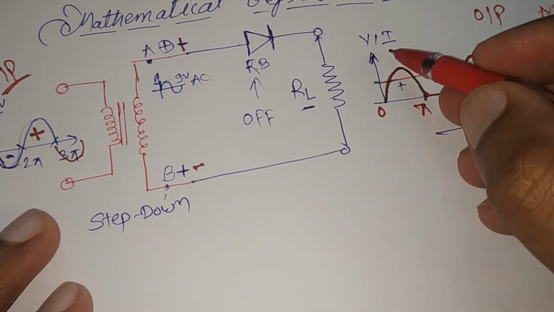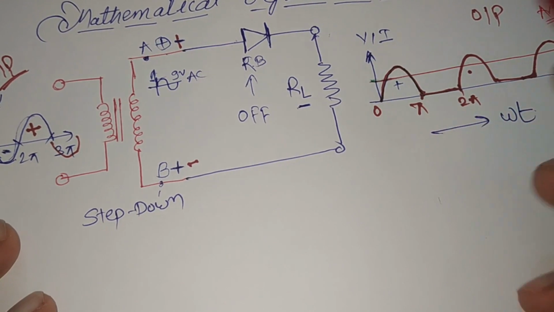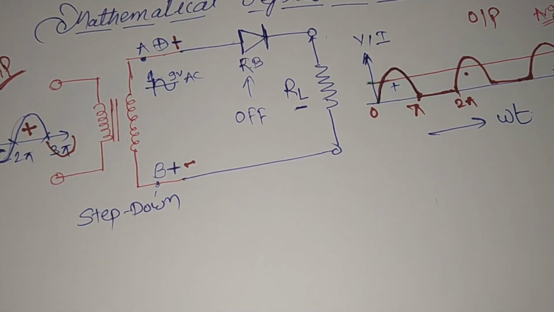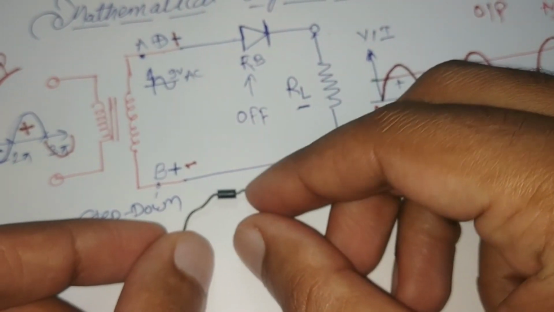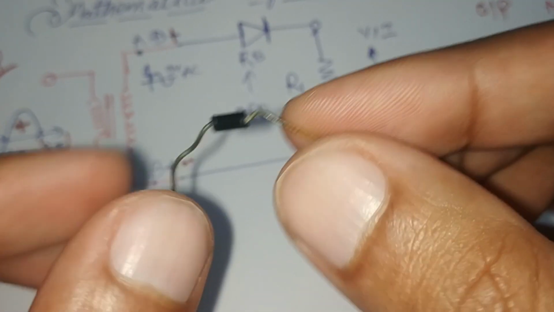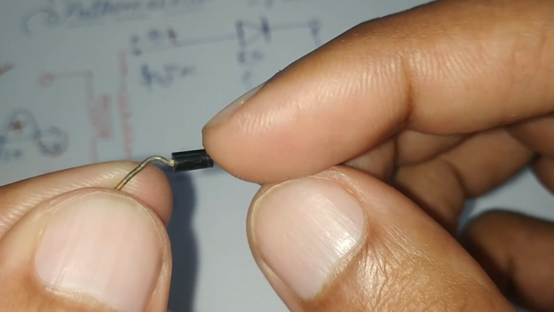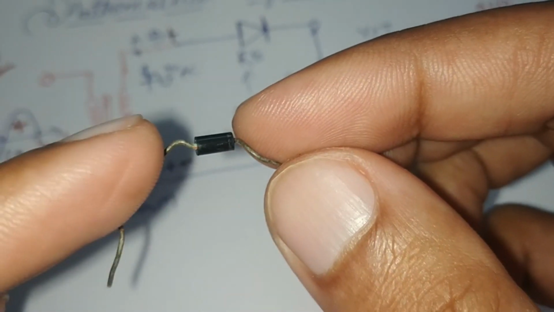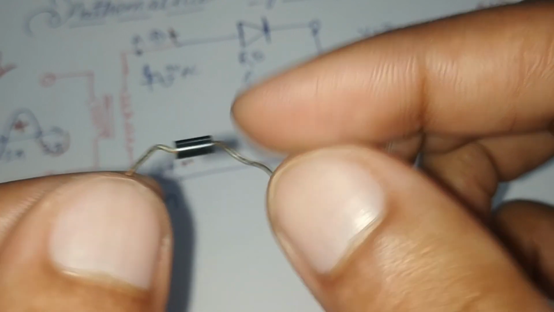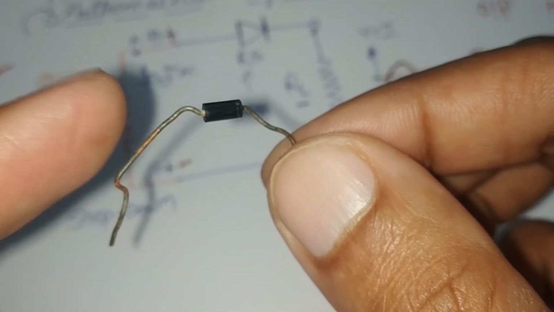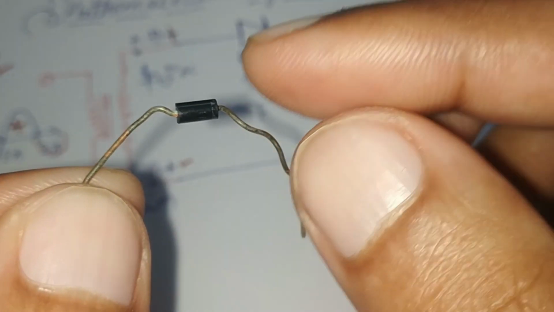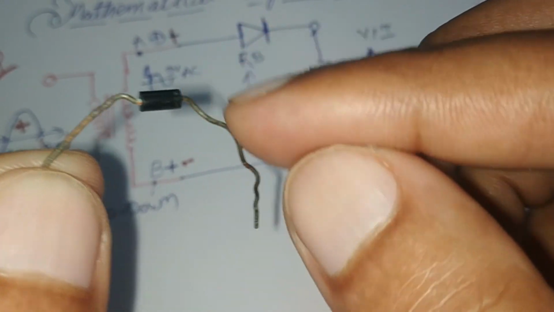Right. So for current and voltage there will be the same sinusoidal waveform. Now we will see what the mathematical parameters are. Before that, let us see the actual diode. This is the actual diode. On the diode we have one anode and one cathode. Here you can see there is a silver band at the end. So this side is cathode, and the left side is anode. So the left side is positive, the right side is negative. If we talk about P and N type, the left side is P type and the right side is N type.